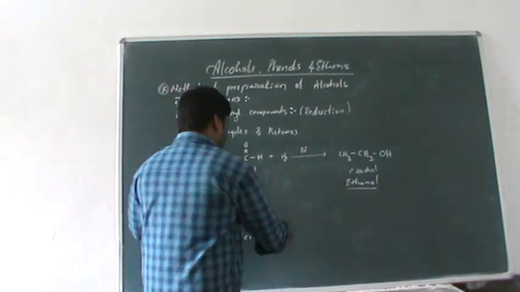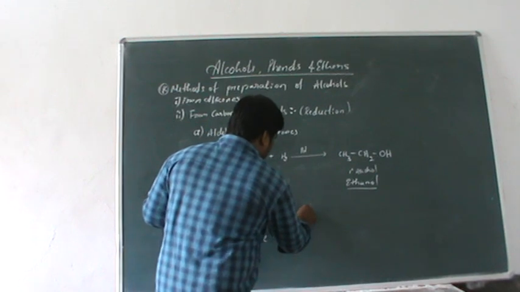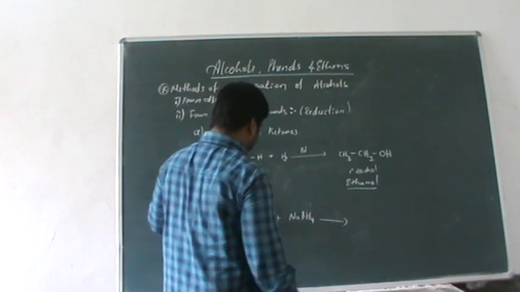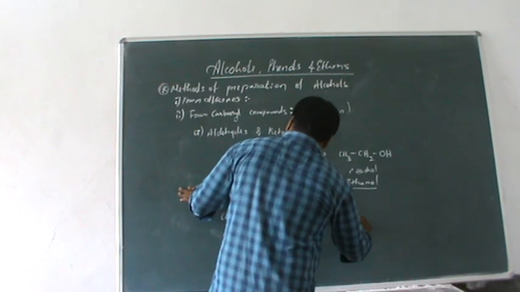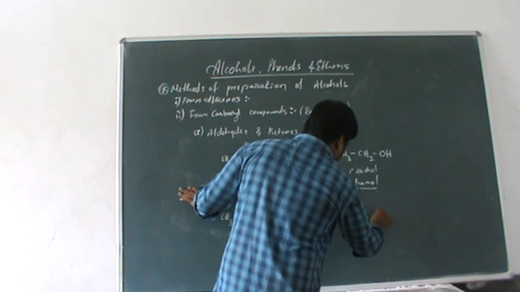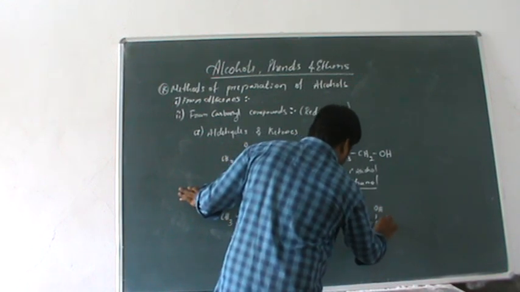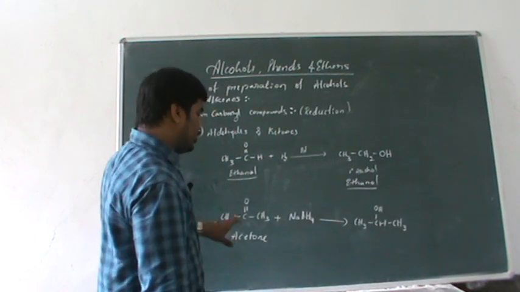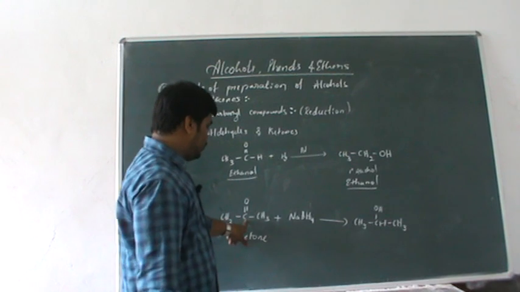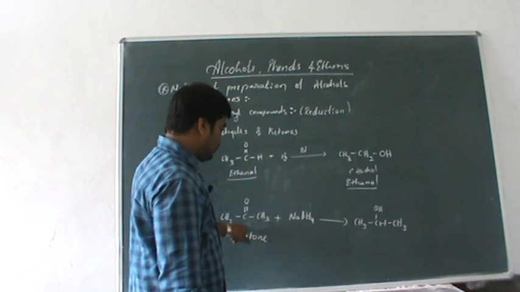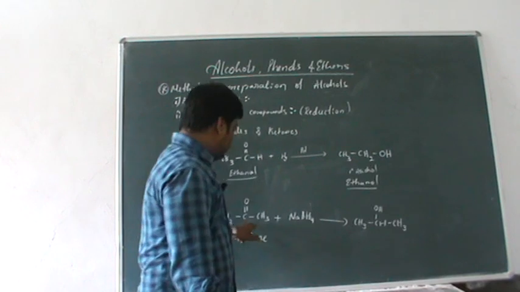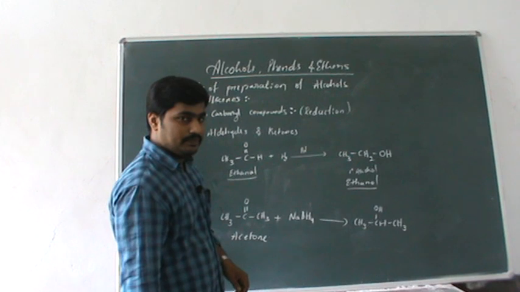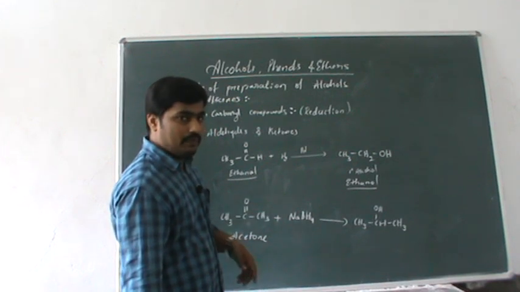When acetone is treated with sodium borohydride, a mild reducing agent, it gets converted into CH3-CH(OH)-CH3. Clearly observe the reaction. The C=O splits up, adding H and another H, hydrogen, and CH3 remains as CH3. So what type of product is this? Can anybody guess the name of the compound?